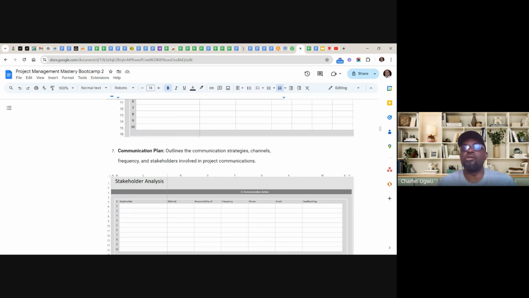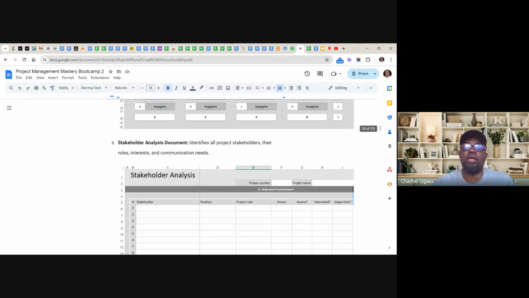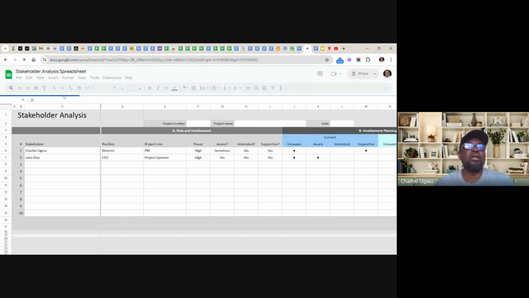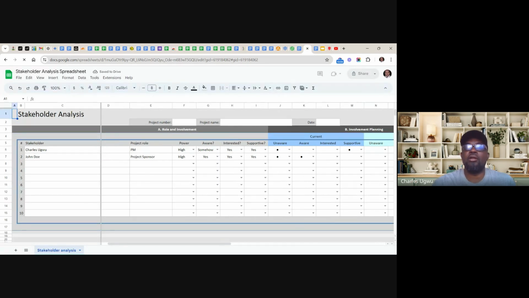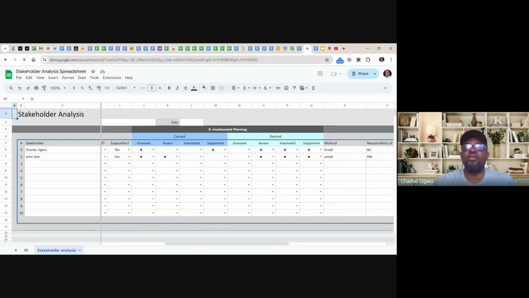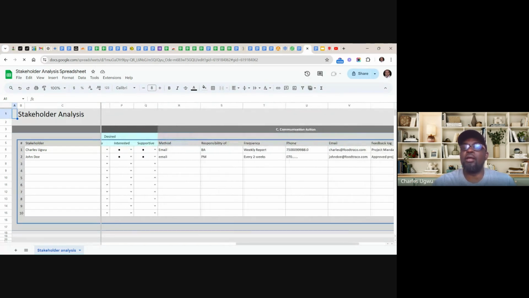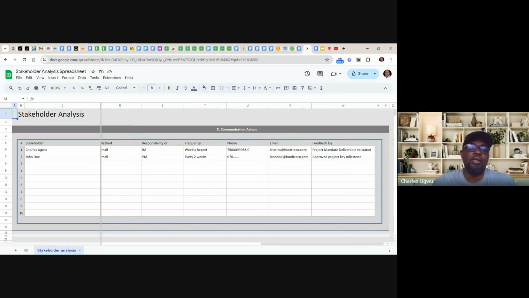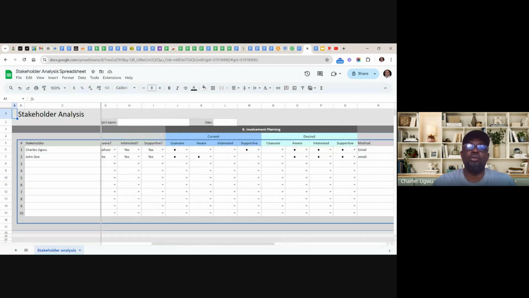So this is just a picture I captured here, and I've got the main document which I will be teaching from, the main template, which is here. I've got this in an Excel document. So this is the role and involvement sheet. And if you come here, this is involvement planning. Then you come here again, you see the communication action plan. This is a template that we are going to use.